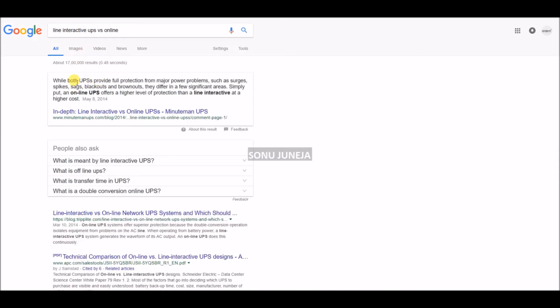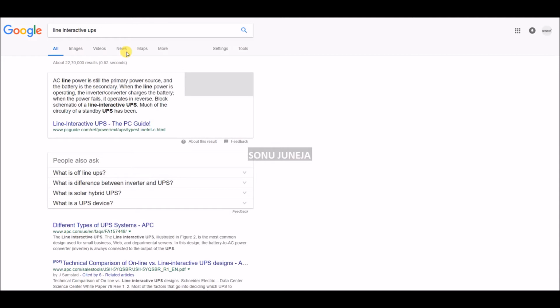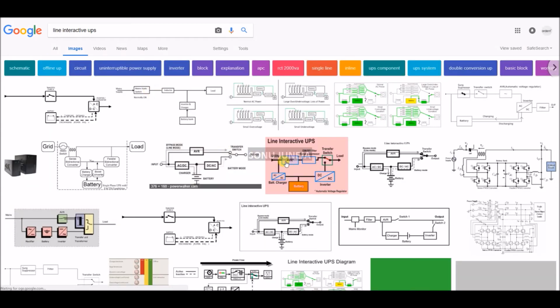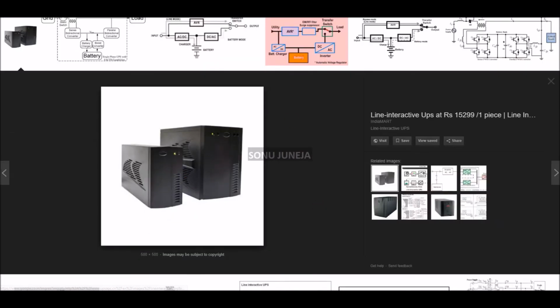While both UPS provide full protection from major power problems such as surges, spikes, sags, blackouts, brownouts, they differ in a few significant ways. Simply put, an online UPS offers a higher level of protection than a line interactive at a higher cost. अब लाइन इंटरैक्टिव यूपीएस मैं आपको शो करता हूँ, और लाइन इंटरैक्टिव है ये. These are the line interactive UPS. Yeah, here it is. So instead of using this,